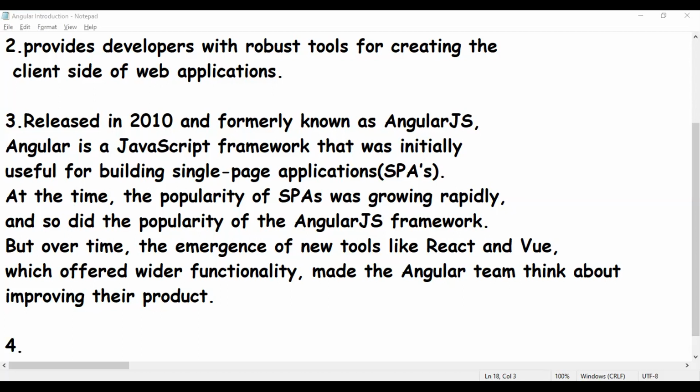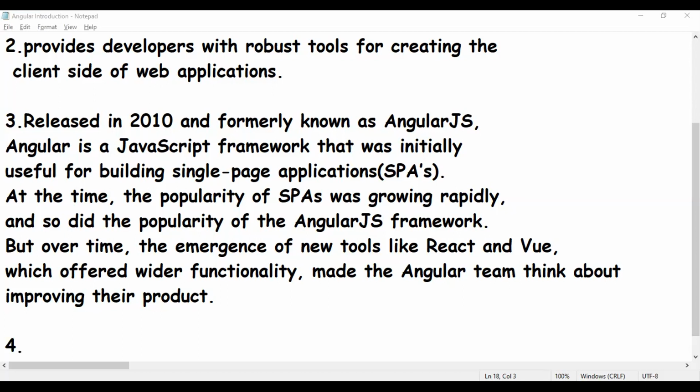As we have discussed, it is entirely rewritten. This Angular is entirely rewritten. There is no relation between Angular and AngularJS. The major drawback was this version was completely different from the previous and wasn't backward compatible.